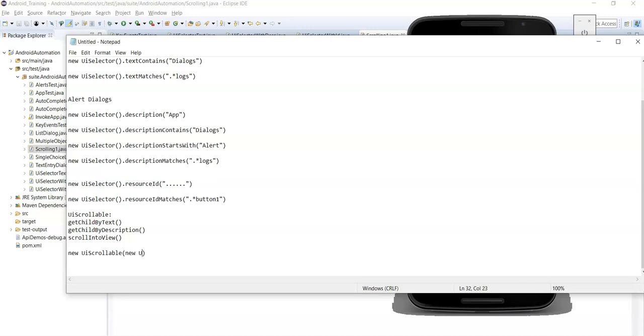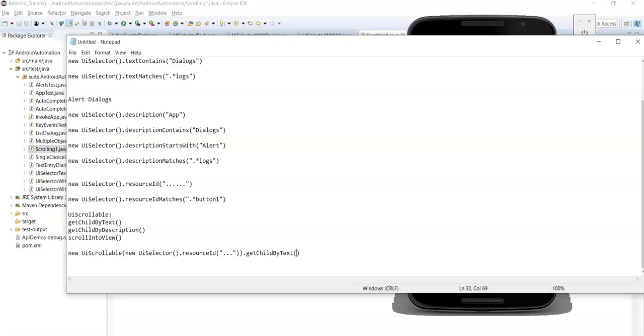So new UI selector dot, let's say the scrollable container has a resource ID, so you can pass the resource ID value of the scrollable container here, and then dot get child by text. Call the get child by text method. Inside this method you need to pass two parameters.